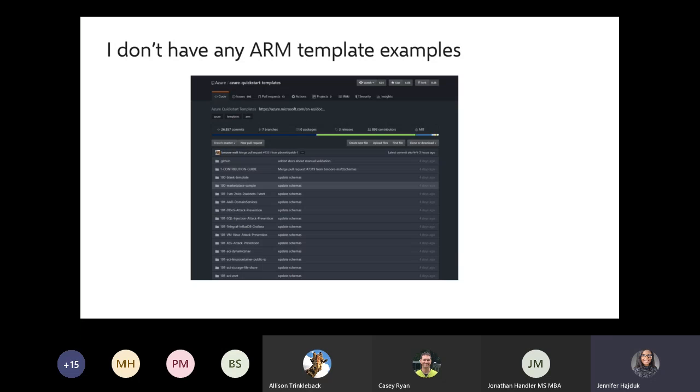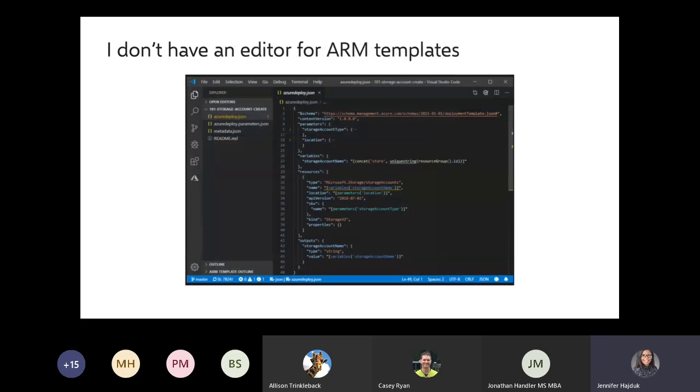So you have a subscription, albeit with some restrictions. You have some ARM templates. The next thing you need would be an editor. If you don't have an editor for ARM templates, something that I'm using very regularly is VS Code. If your company allows you to have copies of full-blown Visual Studio, that's great, but it's expensive and not everyone can afford that. So VS Code is a free download, and it's a free editor,